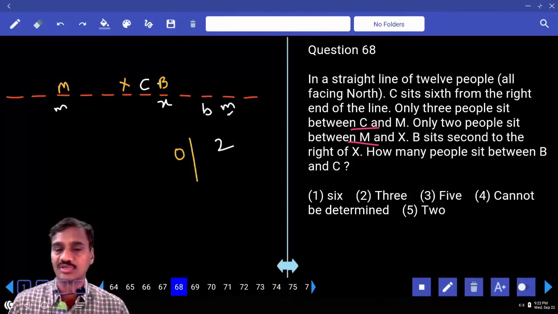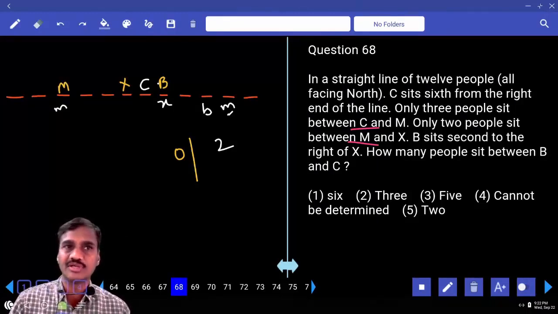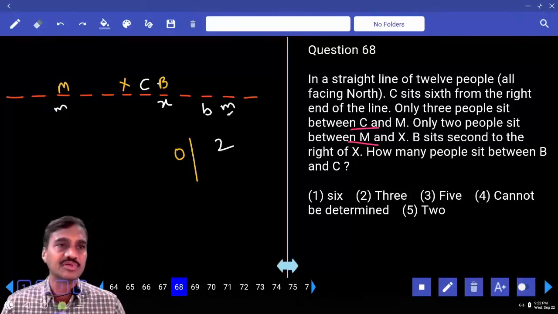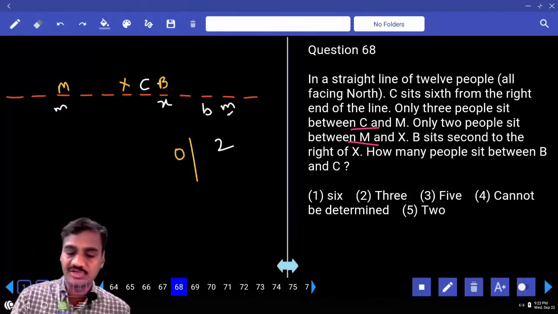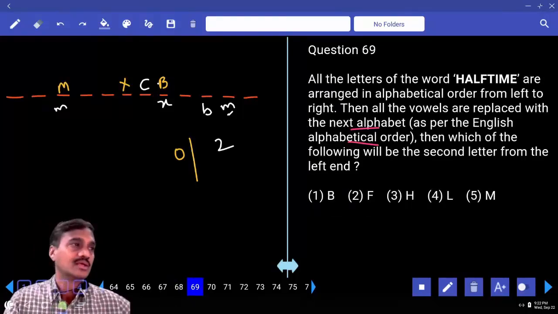We get 2 cases. In one case, B and C are adjacent to each other, side by side. In the other case, there are 2 persons between B and C. Hence 2 possible answers here, hence cannot be determined. 68, choice 4. Then 69,